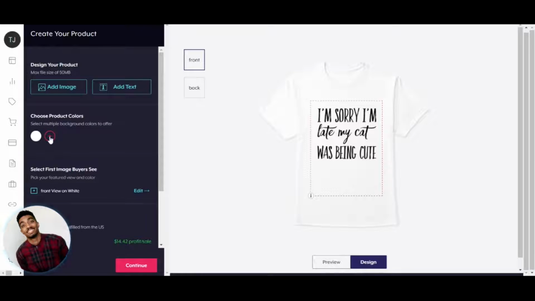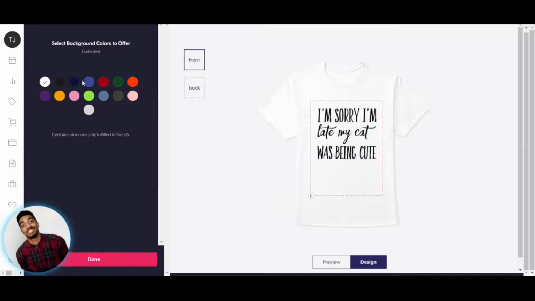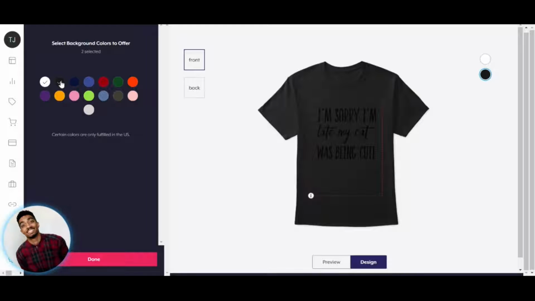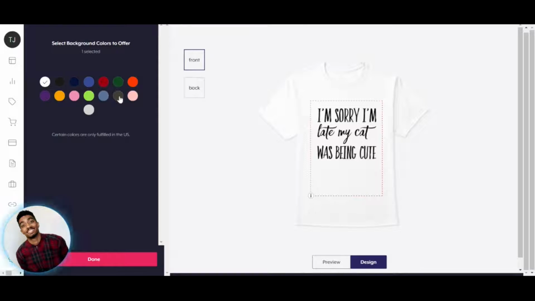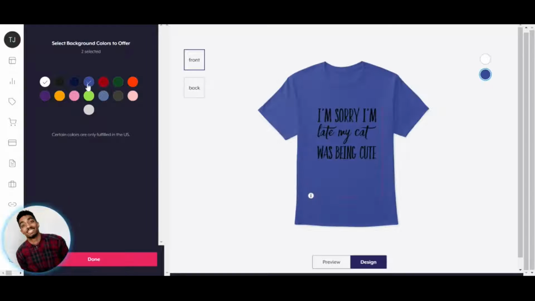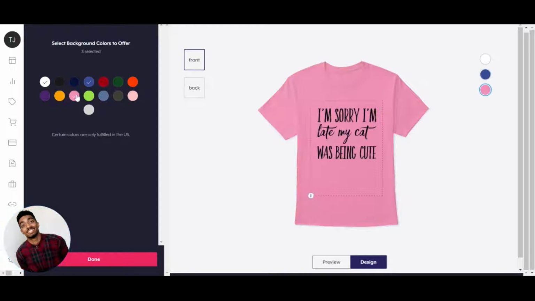When you click this button here, it will give us some more color options. I would say keep your colors 3 to 4, not any more than that. Obviously, we can't do black because it won't be visible. So I would say do a blue. Let's do a pink. Let's do this kind of off-white color.